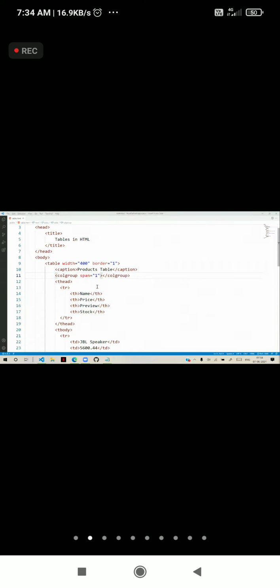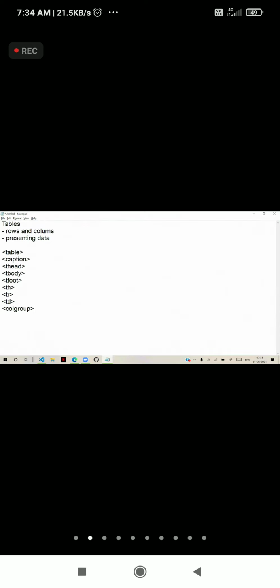So technically, these are the basic options used for table. In this, we used all the elements available: table, caption, header, body, footer, thead, row, cell, and column group.